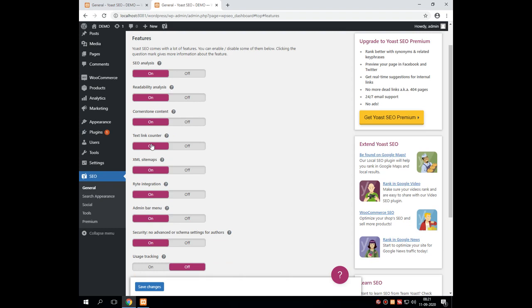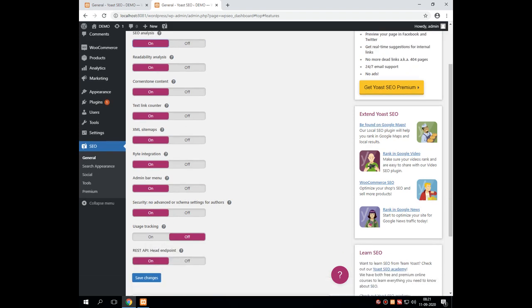We can just press the key. It's an on-off key. Say for example, if I click once, it is on, and if I click on the same, it gets off. So it's one type of toggle key which is available over here. Then we have to save the changes.